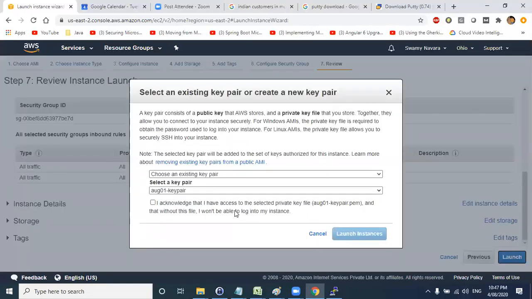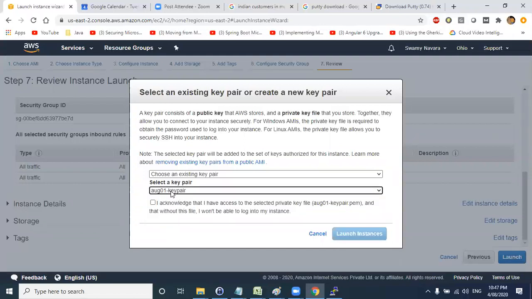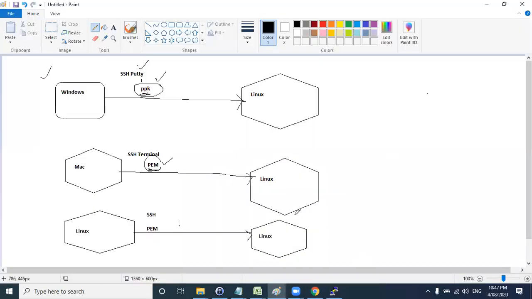So here comes the key pair. Okay. We have already created a key pair in the key pair area before coming here. Here you can see the list of key pairs which we created. We created the August 1 key pair. When you are creating this key pair, a public key is assigned to this Linux machine. We have the private key, either a PEM or PPK file, with us.